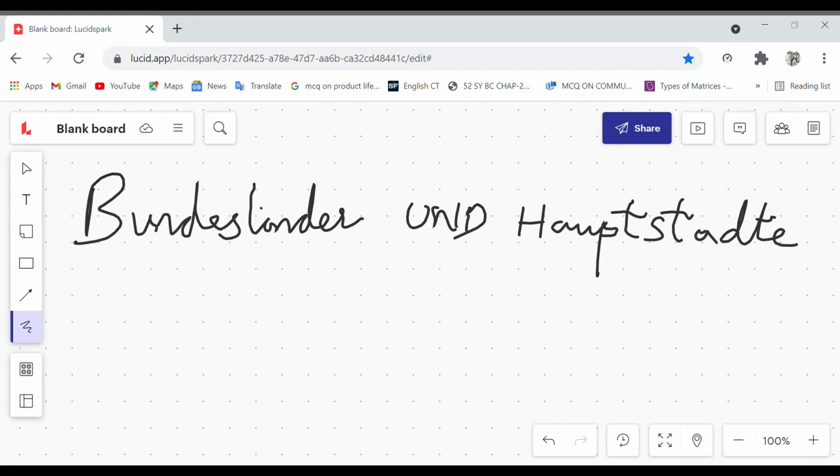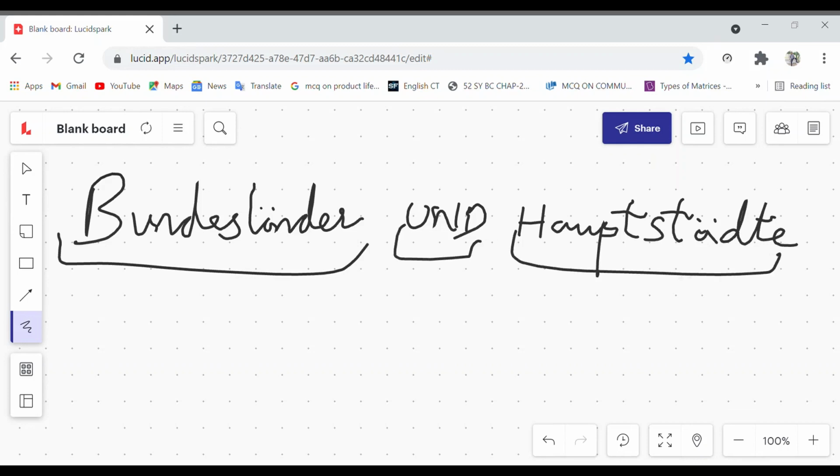This is Bundesländer und Hauptstädte. This one is quite confusing for me. You might check on Google. So Bundesländer means states.